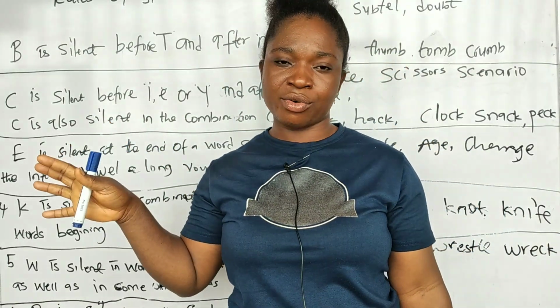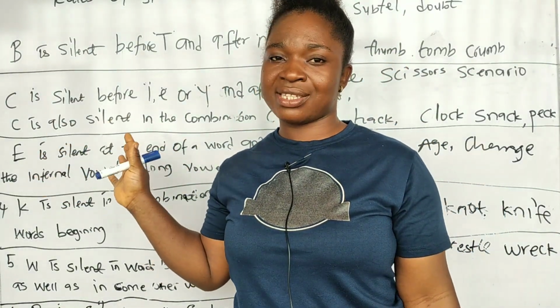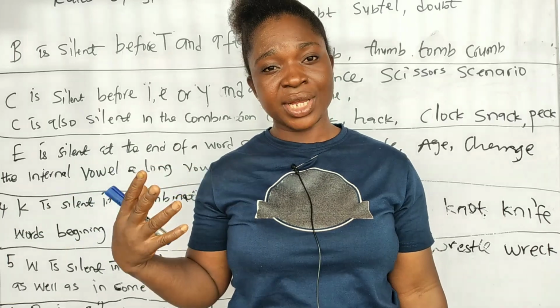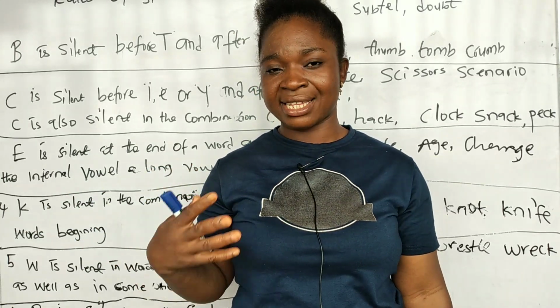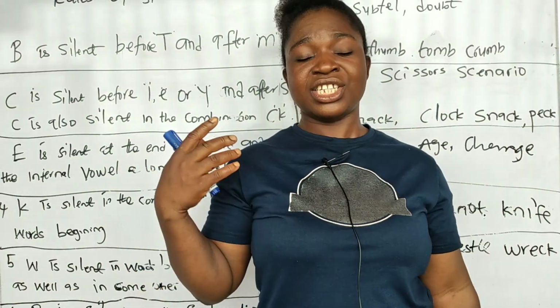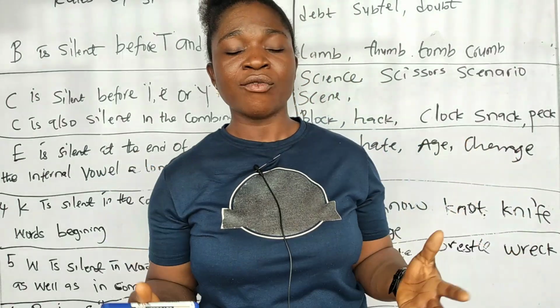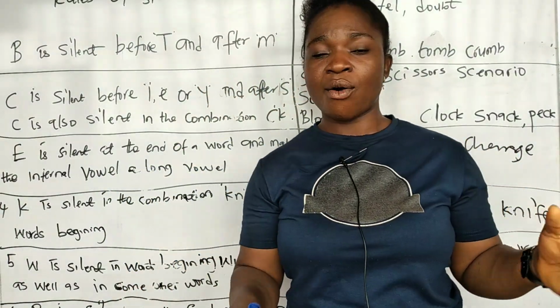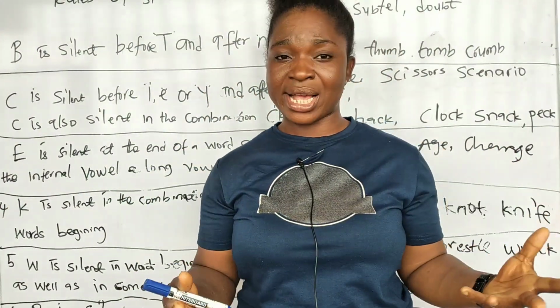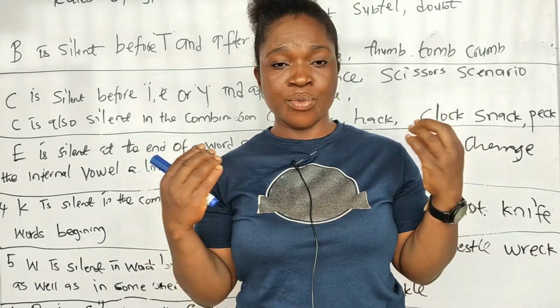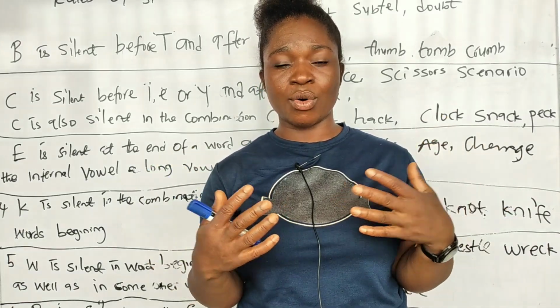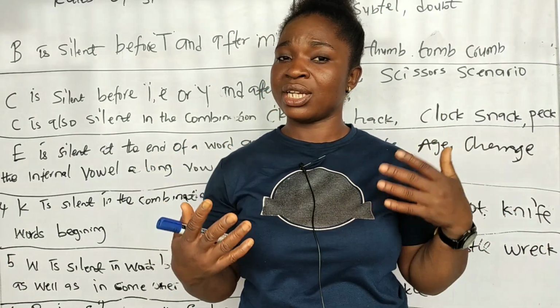In conclusion, silent letters have rules that guide them, and in subsequent videos we're going to be talking about other rules. But for the 7 we just listed, try mastering them, try knowing which letter is silent in any particular word. It is very important because we have what we call homophonic words. Now, when we talk about homophonic, we're talking about words that sound alike. When you pronounce them, they sound alike, but when you check them, their spellings are actually different